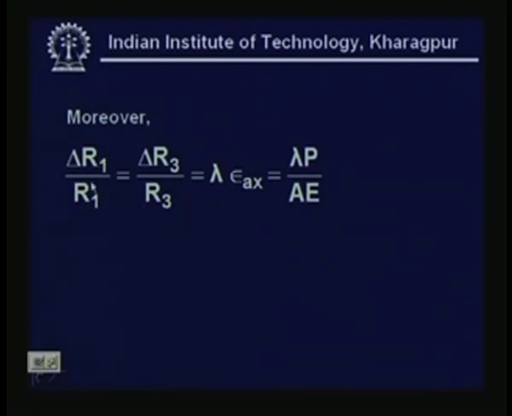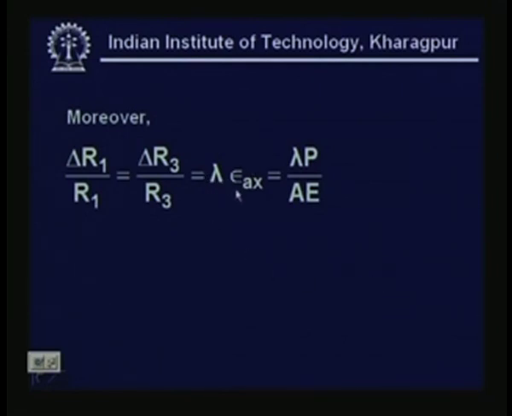Since delta R1 and R3 are initially the same, we can assume this, because you see, very carefully, both R1 and R3 are under axial load, right. So, whatever the value of delta R1 by R1, it will be similar to delta R3 by R3, right. It is multiplied by lambda, which is the gauge factor of the strain gauge material,